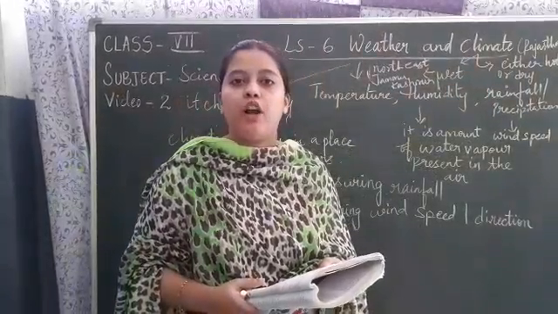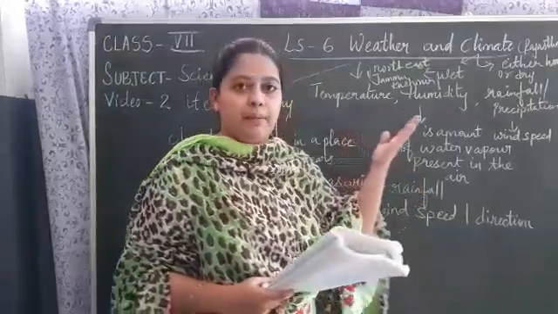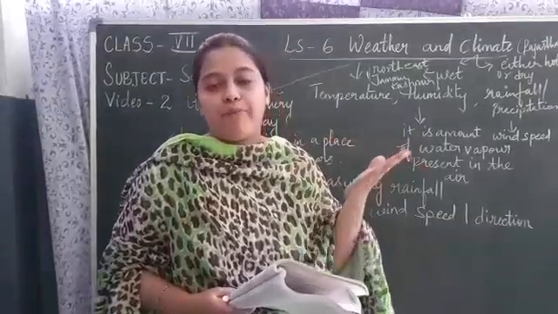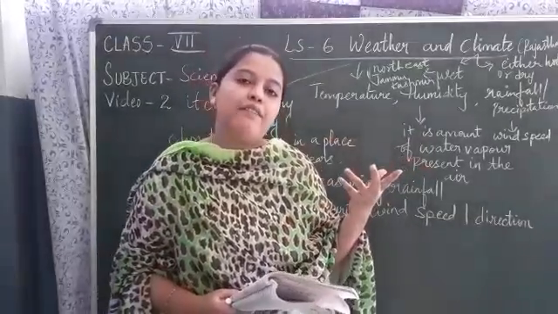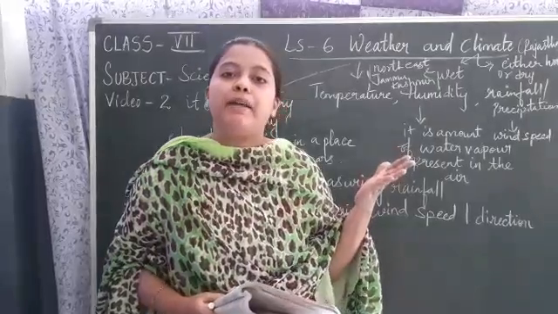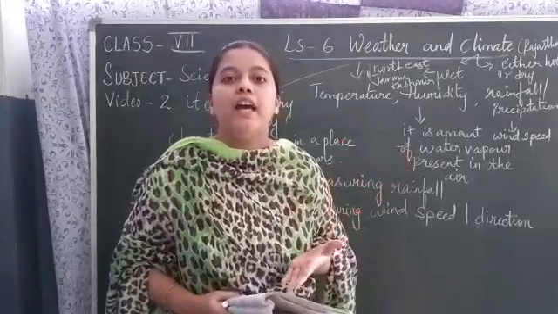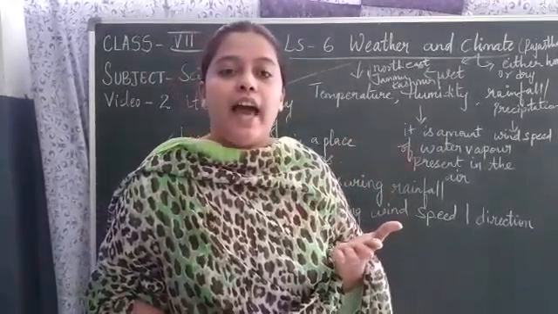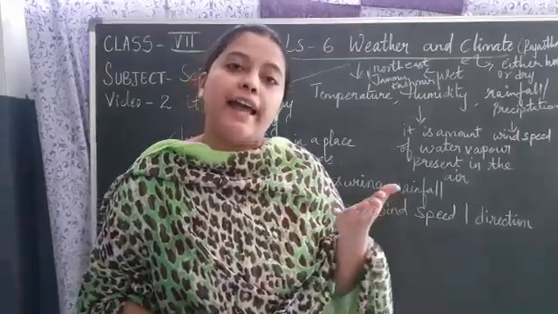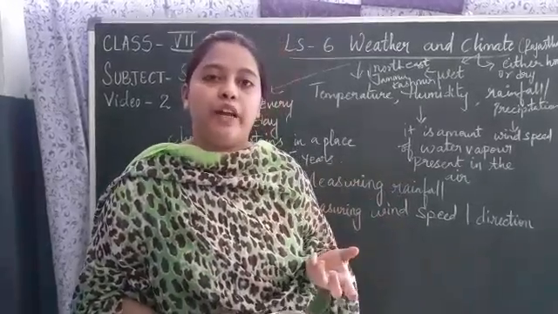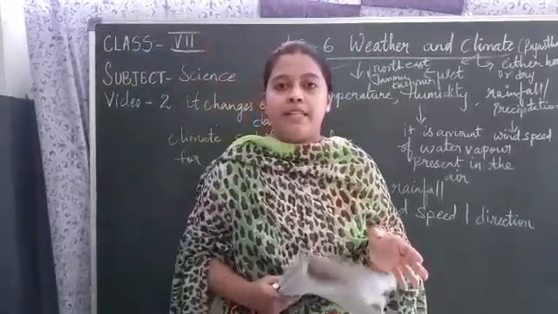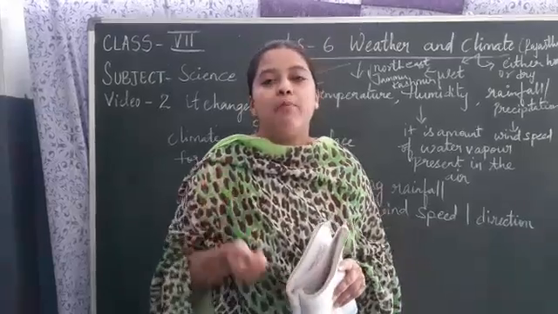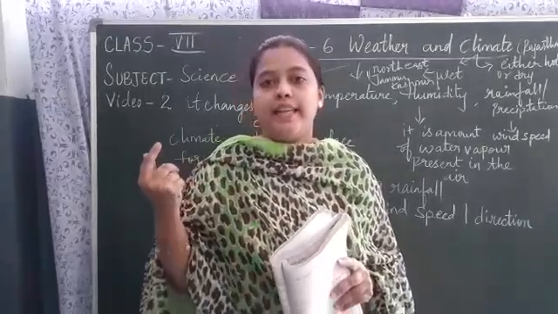In my video 1 you all have learned about weather and climate, the summary. Okay children, and how to plot the graphs, how Pravina plotted the graphs you all have seen, and what is maximum and minimum temperature, how it is indicated. Like I2 indicates the maximum temperature of the day, and I1 indicates the maximum temperature of the day, and I2 indicates the minimum temperature of the day. After checking the temperature, the indicator should be brought back to the normal state with the help of magnets. I have already told you all in video 1.